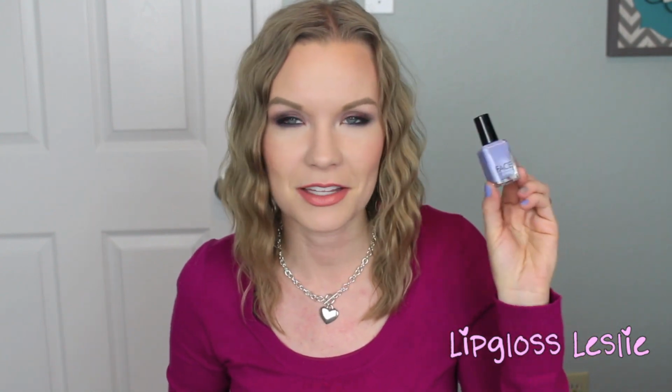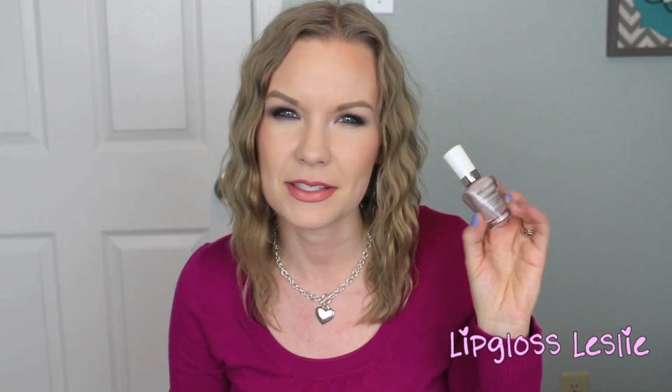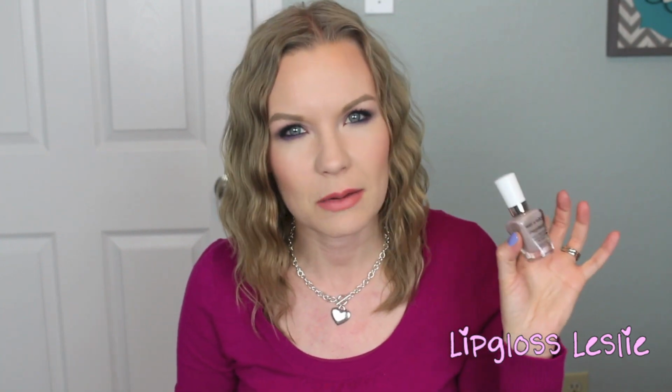I really like it. The formula on this was great. It was semi-sheer the first coat, but it built up perfectly the second coat. It was so easy to work with. So this Face Stockholm, I'm a fan of, at least this specific color. It worked really well. And then the taupey shade is this one. This is part of the Wet n Wild new set that came out, that it's got the new 8-pan palettes